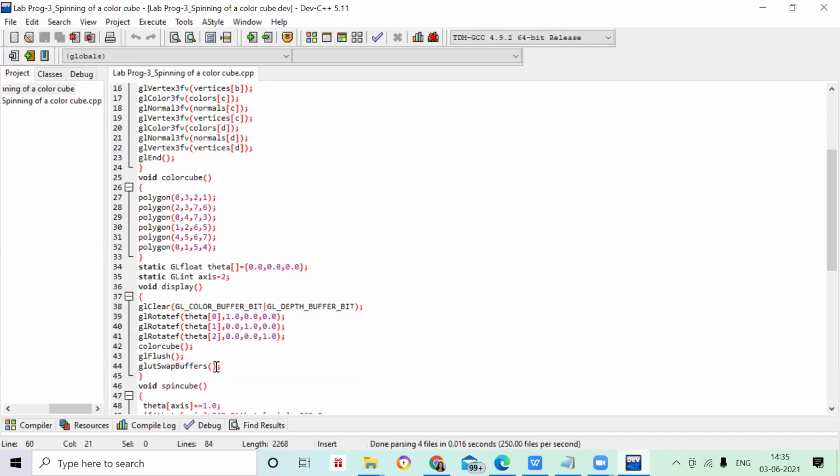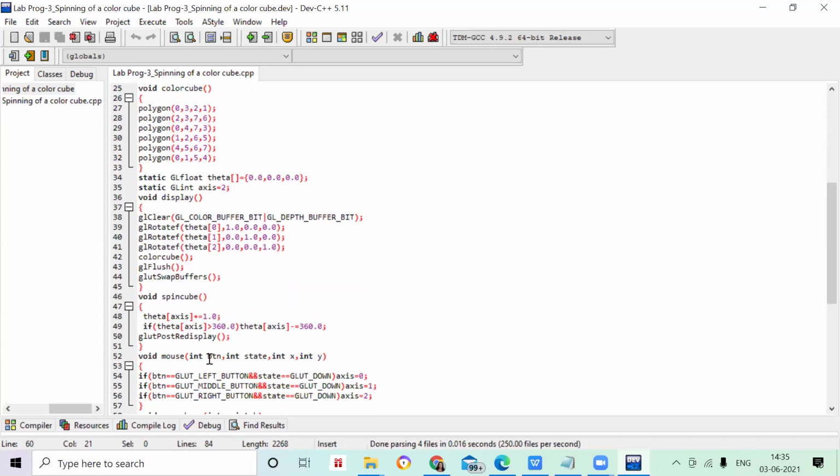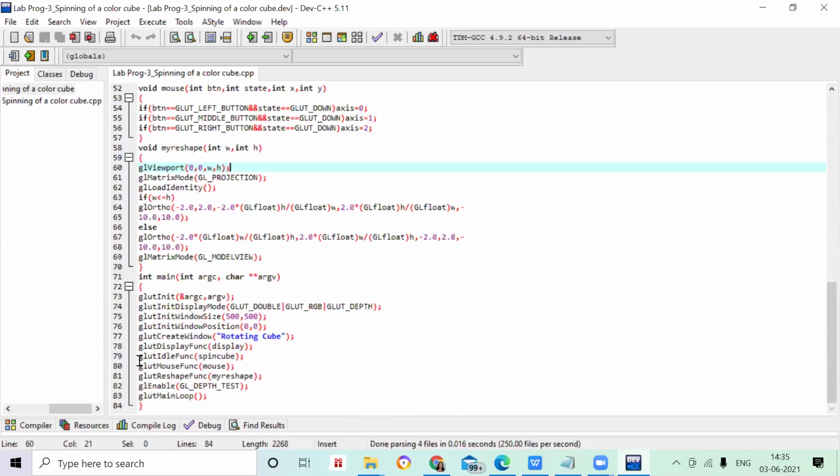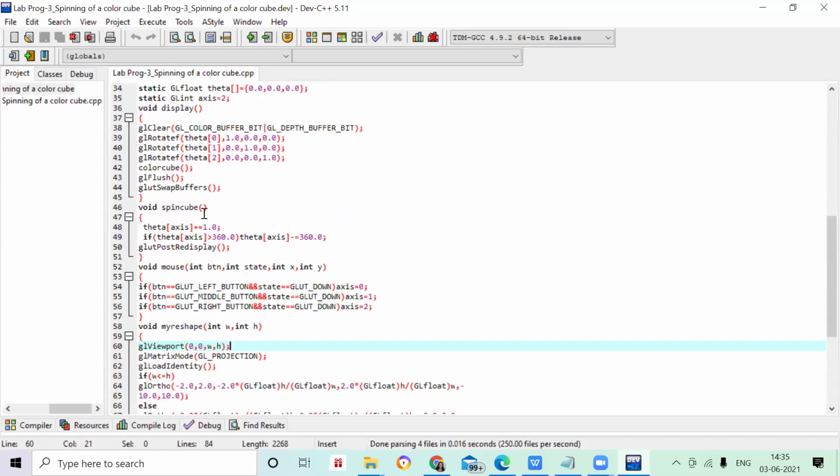Now next let's discuss the spin cube, because you have used the theta value, right? But we have not passed what the value is, we have only written theta. So we have to explain that now. That part will be your spin cube. That spin cube has already been called inside your main function. So whenever I go to my spin cube, this theta will get called and it will go inside this display part. So no need to write this display again and again inside the main function. That is not necessary. Here you can see how the theta value has been called.